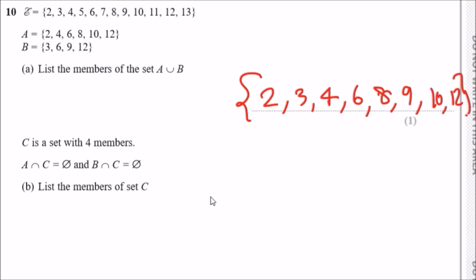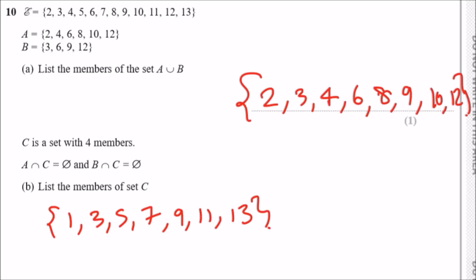So we'll list the members of C. Okay, so if they're not in common, so this means if it's going to be even numbers, then it's possible these could be it. So 1, 3, 5, and then we're going to cross out what we don't have. This is from A, yeah? 9, 11, and 13. Now it tells us B and C have nothing in common, so that means C does not have any of these elements here, so we can cross this out instantly. So it doesn't have a 3, it won't have a 9,